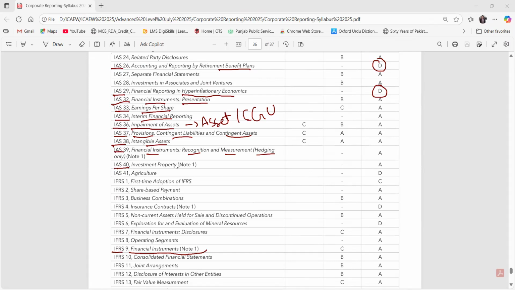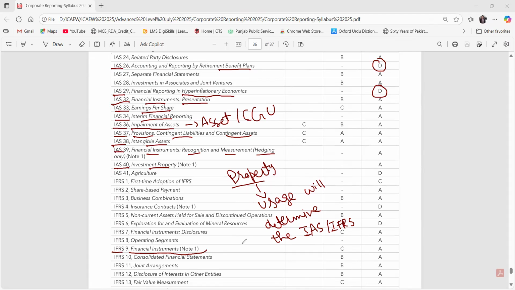Then we have IAS 40, investment property, basically. What is investment property? How is this investment property recorded in your financials? Let's suppose we have a property. If we have a property, then people normally think this property could be classified according to IAS 40, but no. In ICAEW advanced level, its usage will determine the relevant IAS or IFRS.